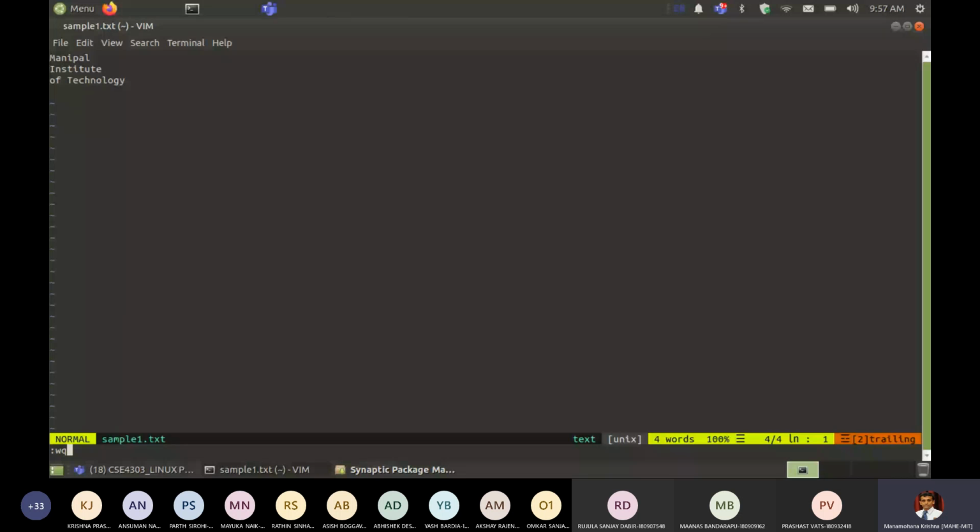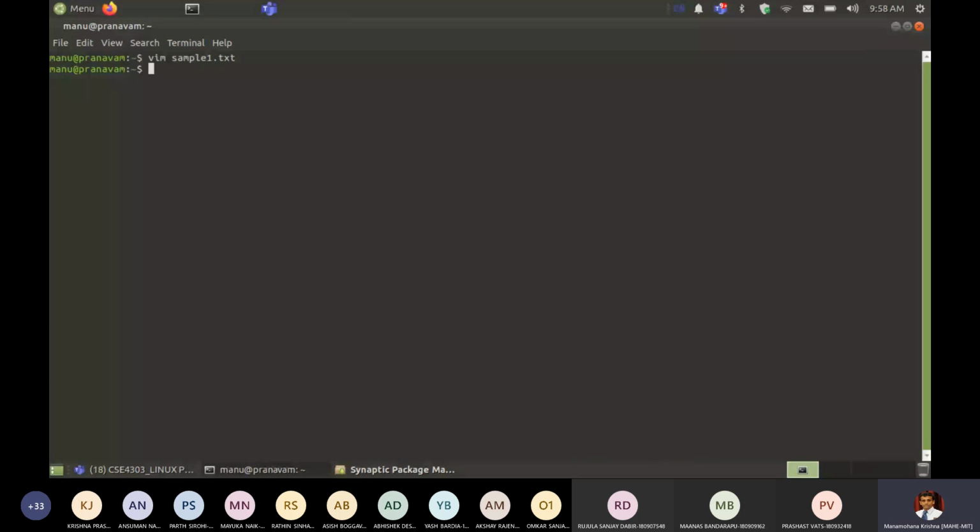We use this. To open the file, type vim and the program name or the document name. Then to go to the insert mode, press I. Then you'll go to the insert mode. If you want to go to the control mode, you press the escape key and then colon and various commands. Now, the moment I write colon WQ, the content is saved. In case you want to open it once again,